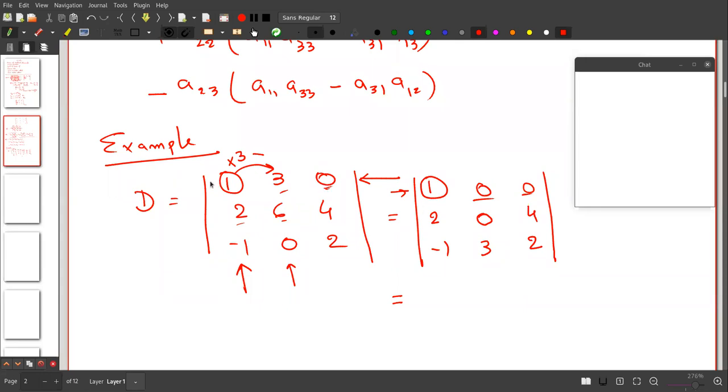Okay, so what I do, I already have a 0 here. I have a 3 here. If somehow I can make this 3 to 0, so what I have to do, I'll take this one and I'll have to calculate only this cofactor. Okay, so that will make my calculation a lot easier. So how can we do it? We take first column and we multiply it by 3 and then subtract it into the second column. So okay, up to this point, am I clear?